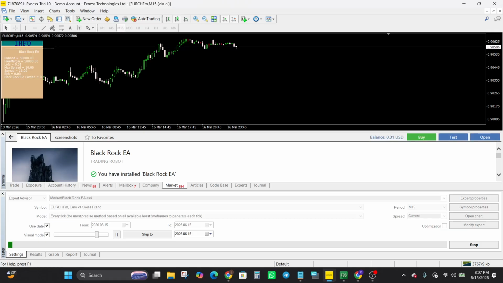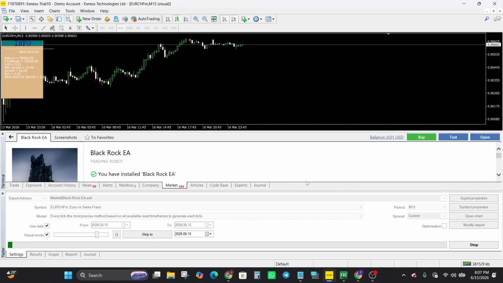comprehensive result. Okay, so since spread sensitivity appears to be a major factor, evaluating results across different brokers and market environments can provide a more complete picture of how the EA may behave. I'd also recommend running longer term testing yourself so that you can get a broader understanding of the EA's historical behavior across varying market conditions rather than relying solely on shorter testing periods like what I did in this